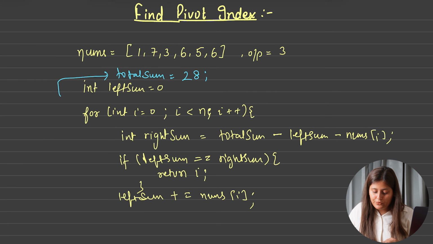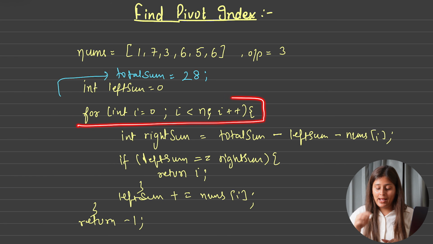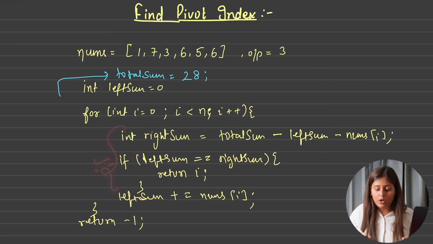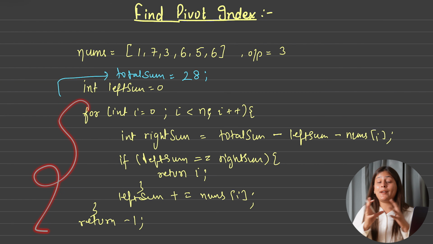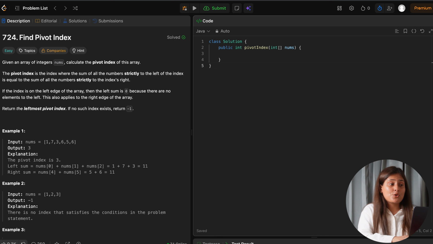And after coming out of this, if we have not found it, we can simply return -1, saying that yes, we have not found it. If you look at the time complexity here, we are only using one for loop, for i equal to 0 to n, and inside it whatever we are doing, we are calculating the right sum and checking the equality. It takes only O(1) time. So in total O(n) only, and that is far better than the previous solution, which was the brute force approach. So now let's code this.